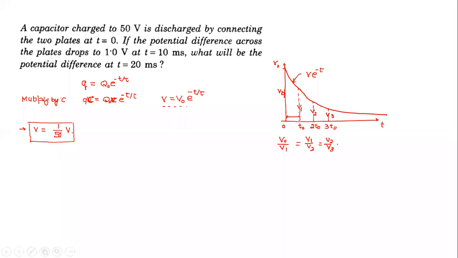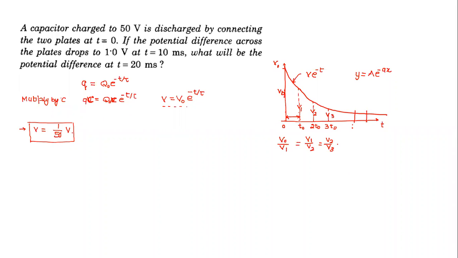How, sir? Just can you think of this curve? If I have to write this one in terms of y and x, I could have written y is equal to some constant into e raised to power minus ax. That's the definition of exponential curve, right? Yes, I am just using the property of exponential curve. I am not doing physics now. We're just looking at the exponential curve. So whenever you have a negative exponential curve, which is called exponential decay, if I take equal values of x, wherever we take,